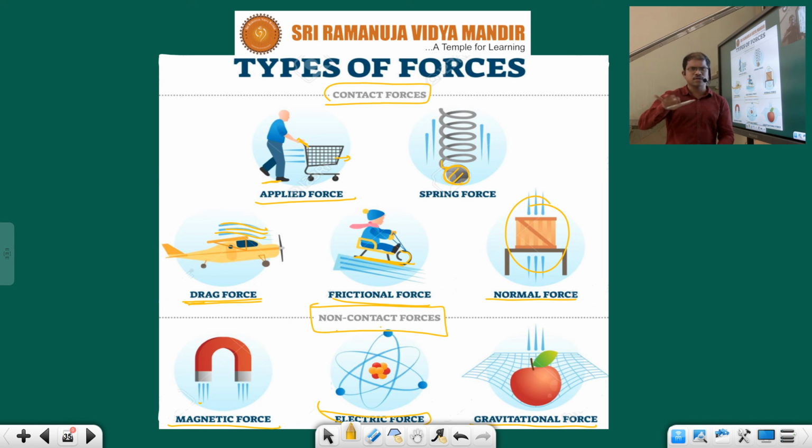See, there is no physical direct contact between this pen and this earth. Even though if I leave, it is falling or not. Actually it should fly if I leave like this, but it is falling down because here gravitational force is pulling this marker down. There is no direct contact. If I leave this one, observe there is no direct contact. Even though the earth is able to pull, means gravitational force also is what children? Non-contact force. Clear? So these are different kinds of forces children,